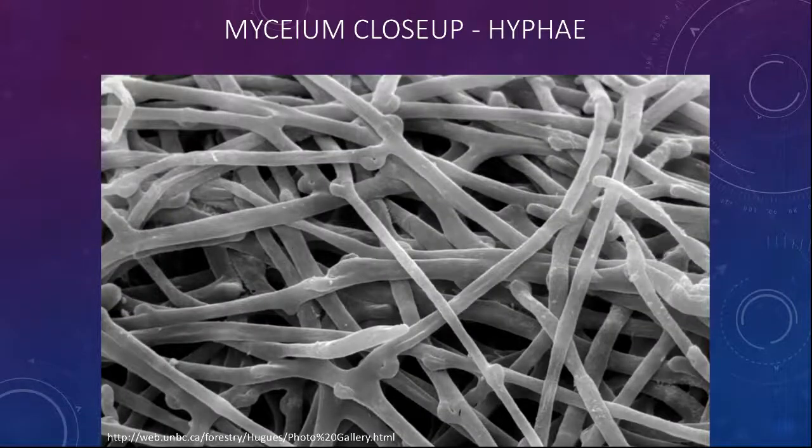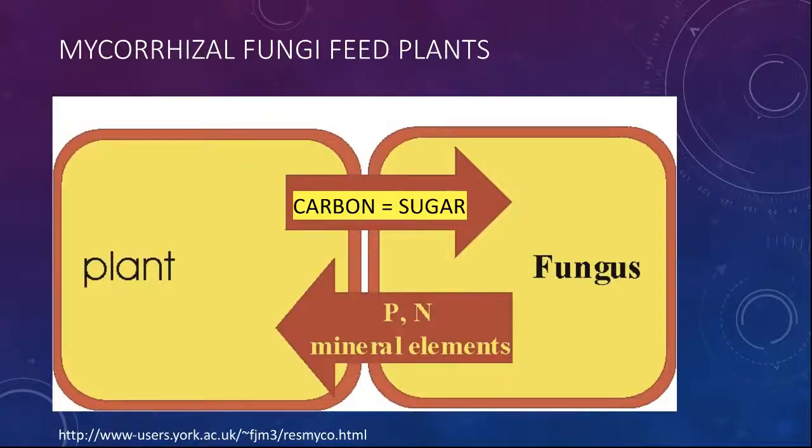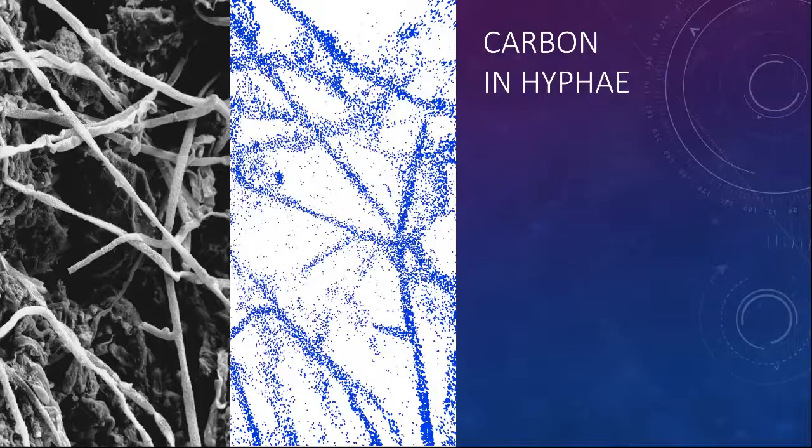And this is another way of looking at the mycelium, just seeing how eventually it becomes like a network, and we call that the mycelium. So these mycorrhizal fungi feed the plant phosphorus, nitrogen, and other elements which are not present. We cannot add those to the soil. There are minerals and vitamins and things that bacteria produce that nothing can feed to a plant other than these fungi. In exchange, the carbon or the sugar from the plant then flows to the fungi, feeding the entire ecosystem